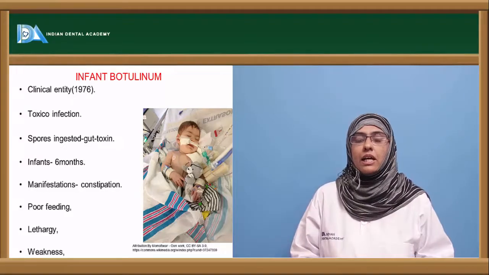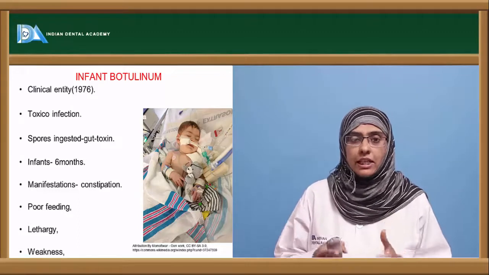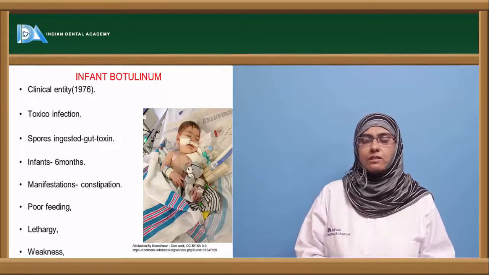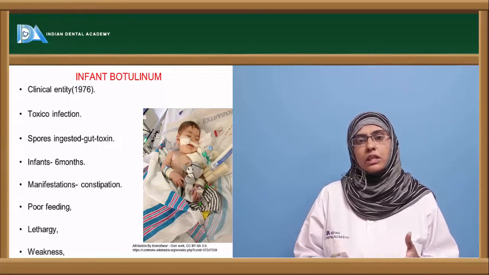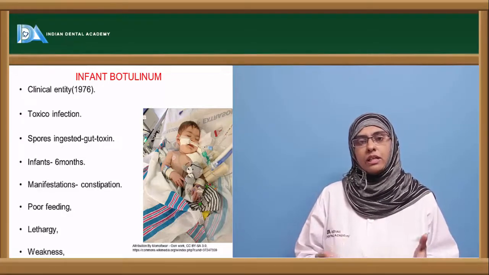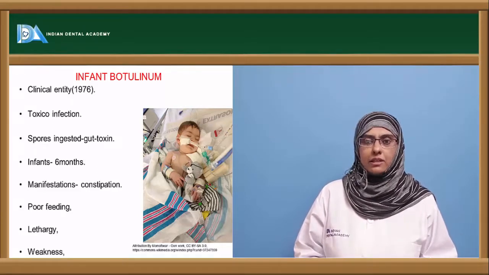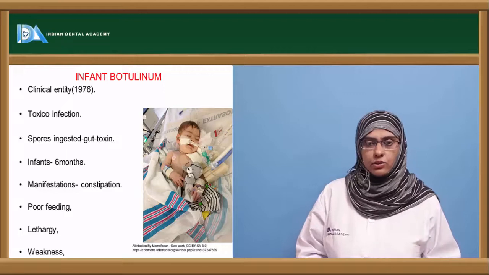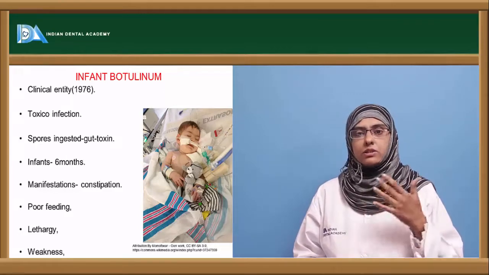entity that was discovered in 1976. It is a toxico-infection, that is, the infection is caused both by the organism as well as the toxin that is produced by the organism. The spores, usually present in food, when consumed by the baby or infant get established in the gut, and in the gut they develop pathogenesis and show the clinical